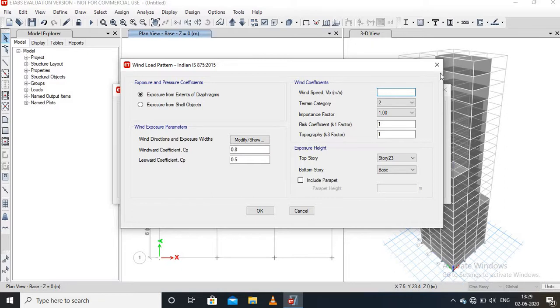For wind velocity, a table is given in the IS code.